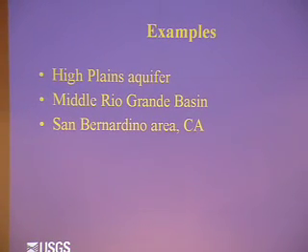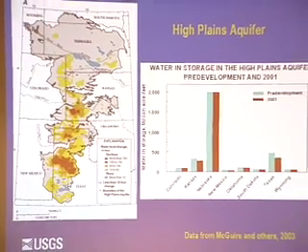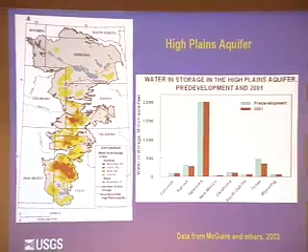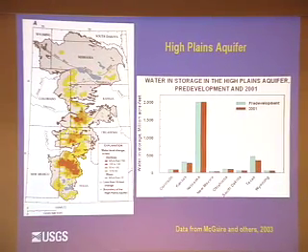And so let me give you 3 examples of how these can differ. I'll talk a little bit about the High Plains Aquifer in the central US, the Middle Rio Grande Basin Aquifer in the vicinity of Albuquerque, and the San Bernardino area in California. So the High Plains Aquifer, some of you may have seen this map, which shows depletion, water level change. Red shows the areas of very large declines. Most of that is in the southern High Plains,